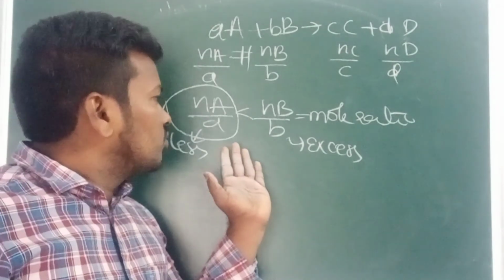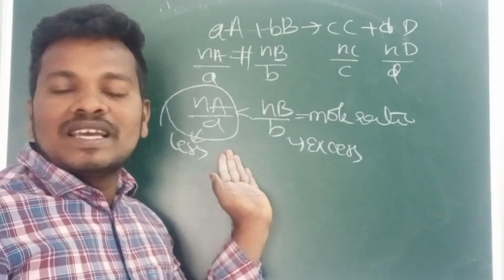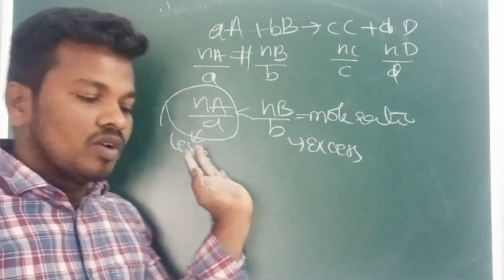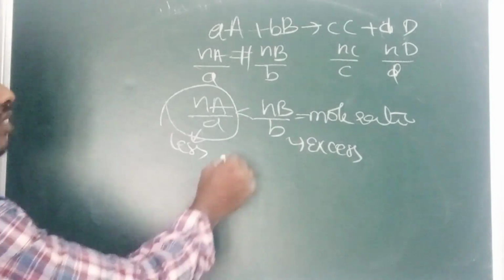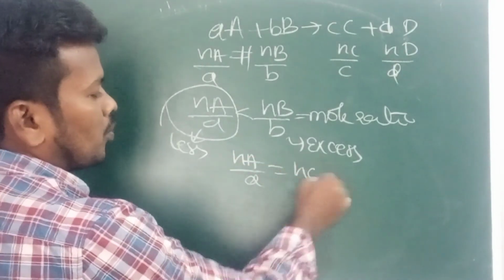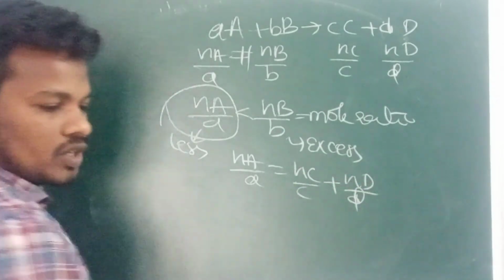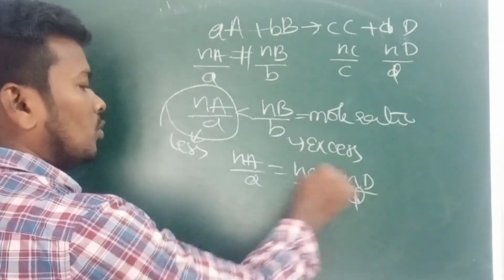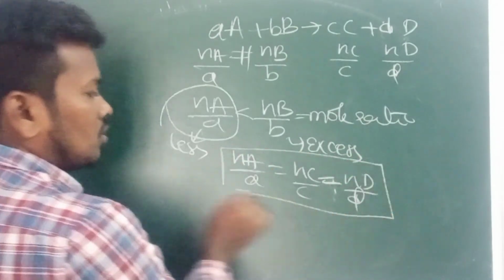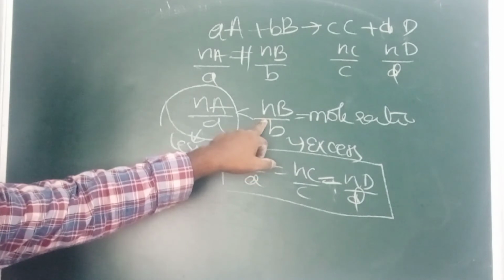After consumption of A, B is also left, but B alone will not react. It should react along with A only. So A controls the production of the product. Both are not equal, so here you should not take B. Here B is the excess quantity.